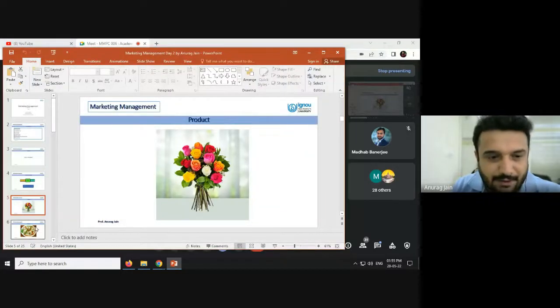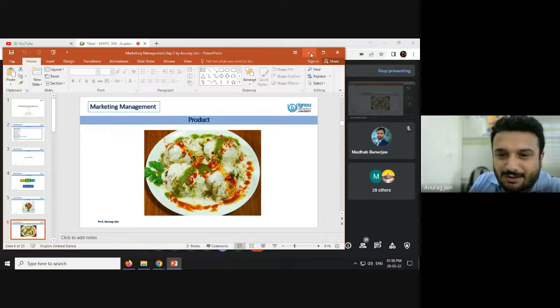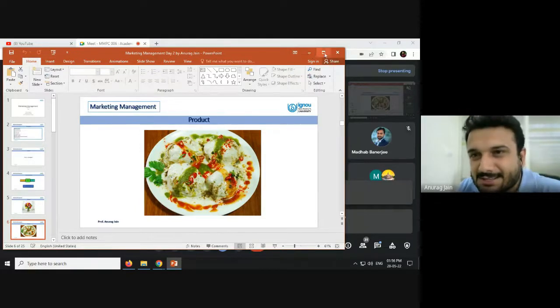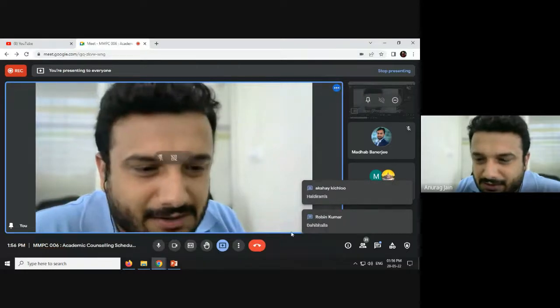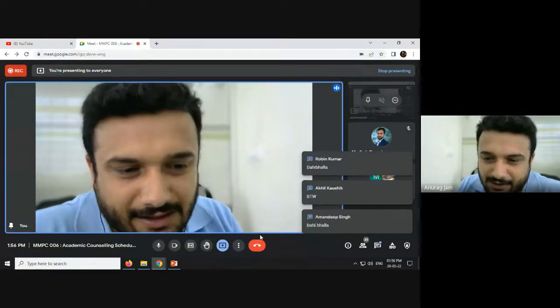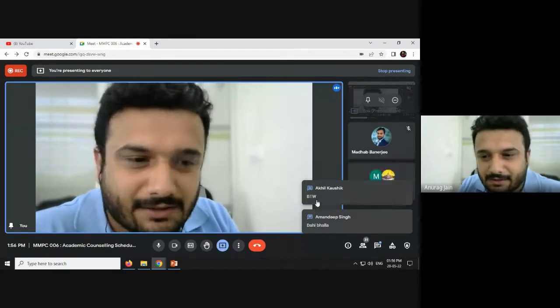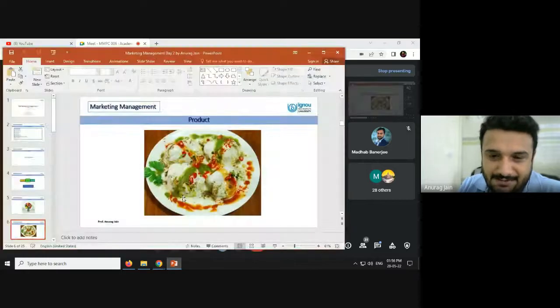Now I'm moving ahead. What is this? I think most of you will be able to recognize this popular dish, and if you belong to MP, then definitely you will be able to recognize this. I'm someone who belongs to Indore, MP. Dahi bada. Dahi bhalla or dahi bada. In some places we call it dahi bhalla, in other places we call it dahi bada. Okay. So I think some of you actually put the name of a brand as well, right?